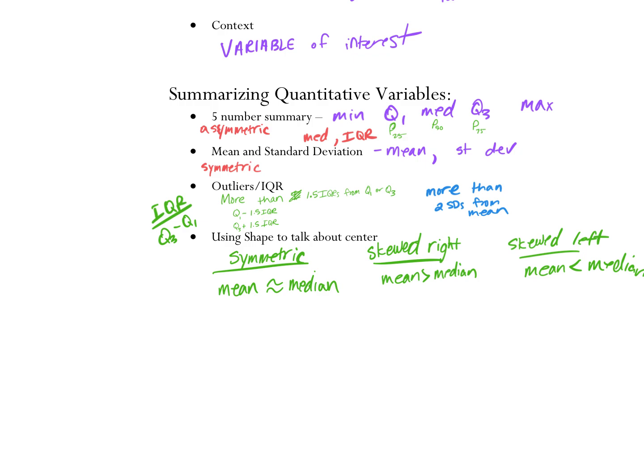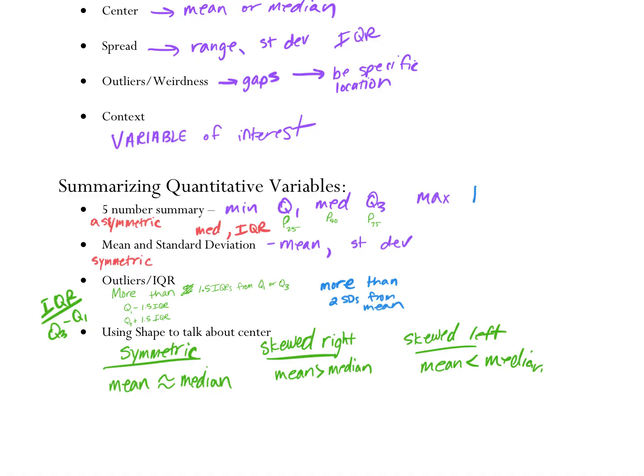What is a graph of the 5-number summary? When we draw a box plot, it is a graph of the 5-number summary. It can also help me see skewness, right? If I see a bigger distance between my median and my Q3 than between Q1 and the median, that would suggest to me also skewed, right? These relative distances can help me start to see some skewness as well. We're looking for imbalance. Where is it more stretched out or not? The skewness is where the stretch is.